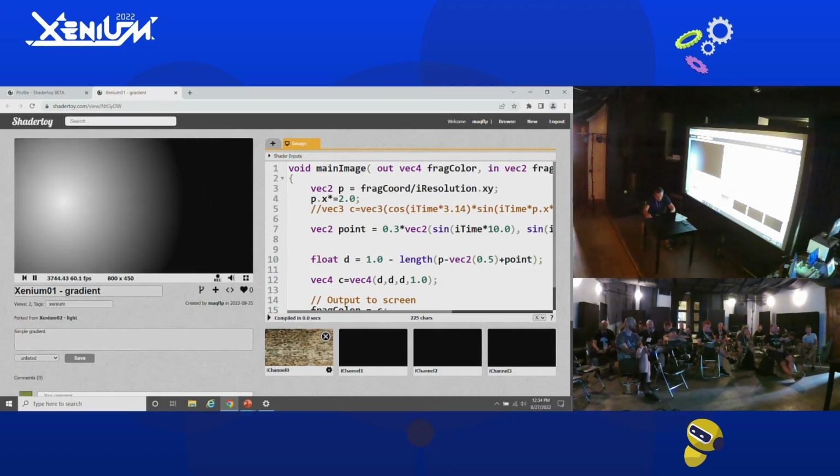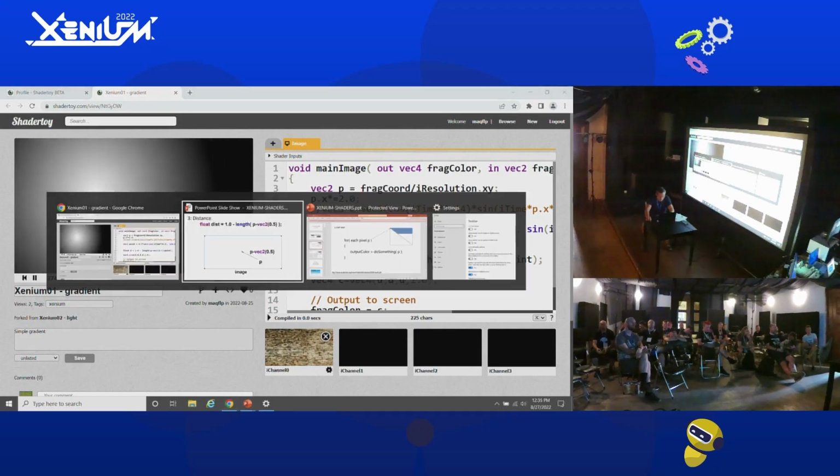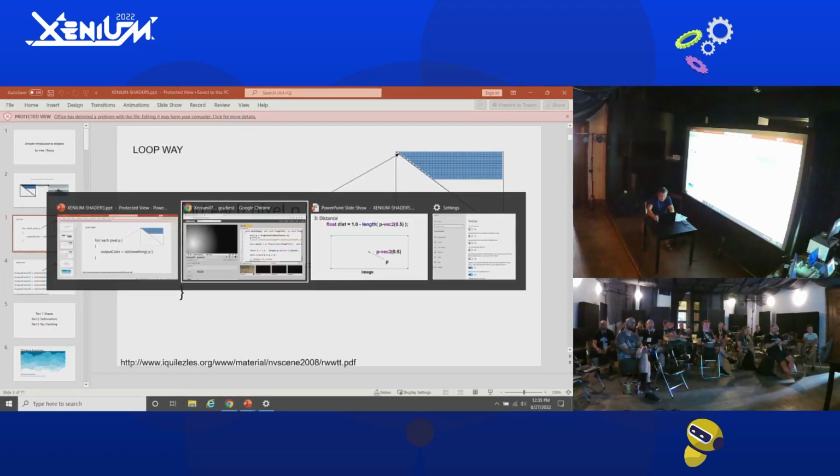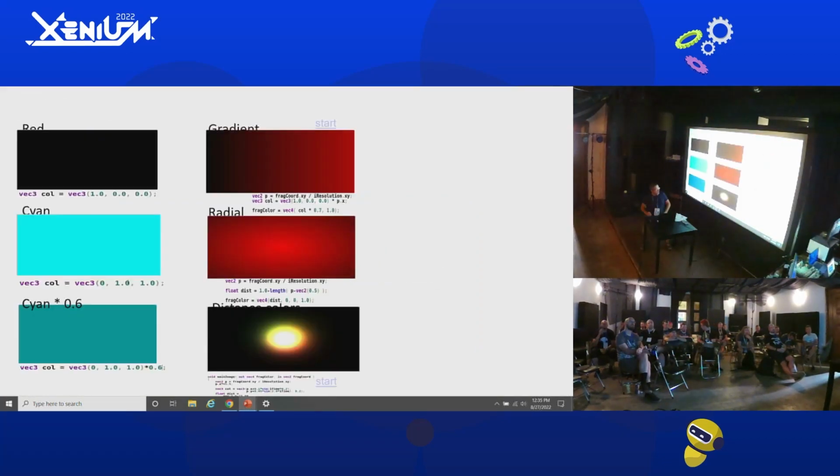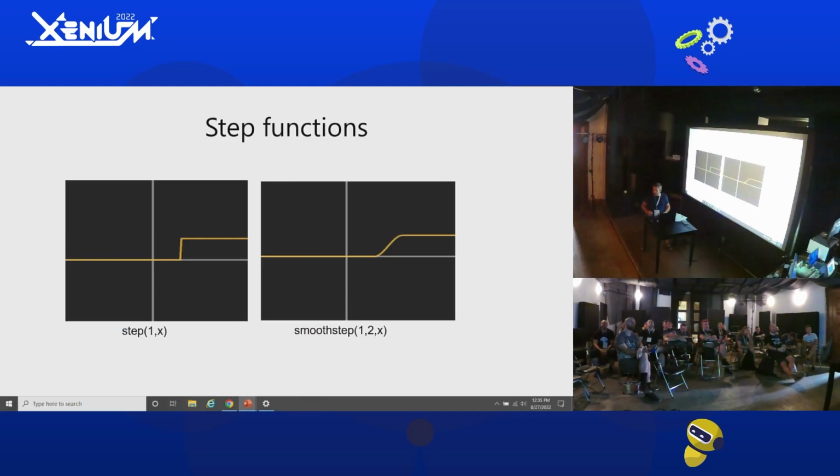But it was supposed to be about shapes. So let's move on with shapes. Where is it? It's here. Okay. So how to create them? So this you know. Now we have a gradient, and this is a mixture of what I did just now, because this is the same technique with a distance. So now to make nice